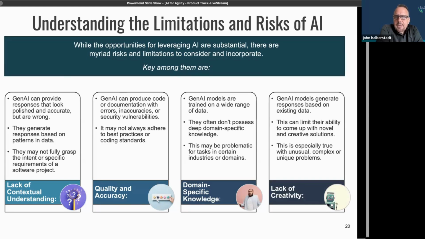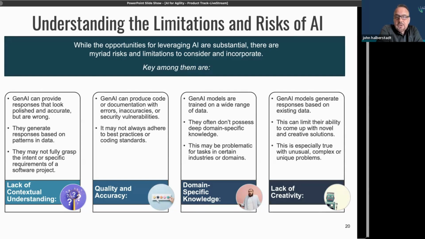This may be philosophical as much as technical, but these models are based on probability. So they are going to be generating responses based on data that's in the model. Their ability to come up with novel and creative solutions, I still think is largely in the domain of the humans. You can use it to ideate, you can use it to suggest things, but in terms of truly novel solutions, there can be some practical limitations, just based on how these models are made.